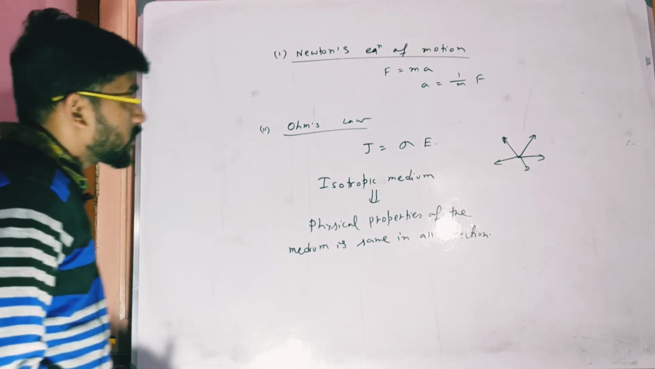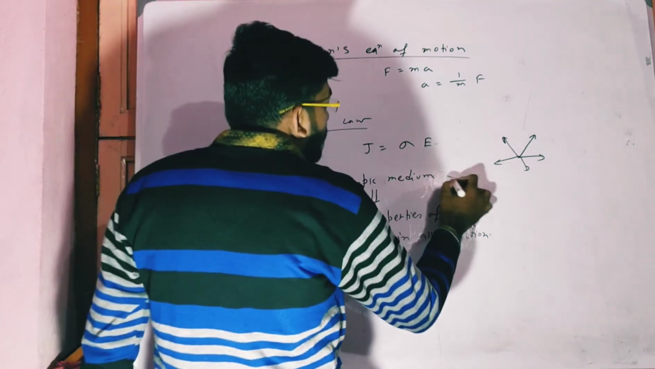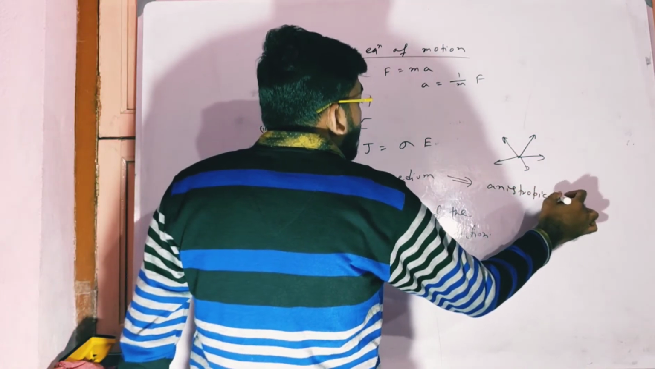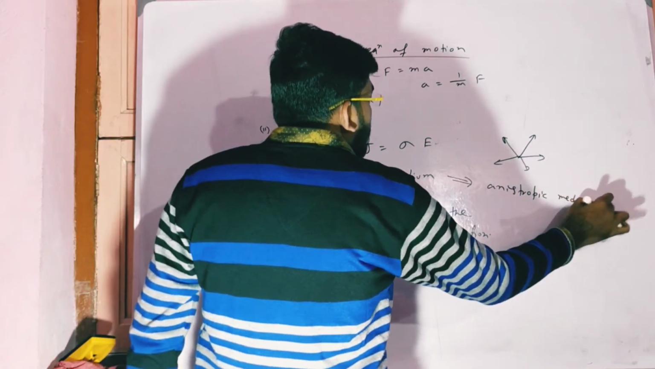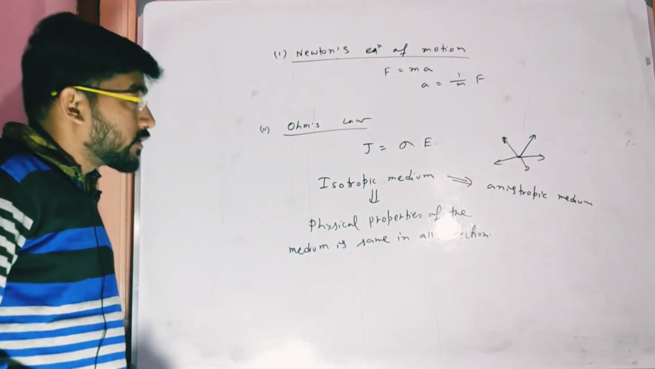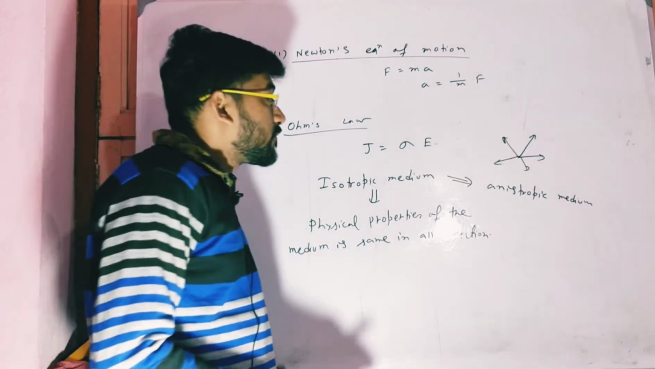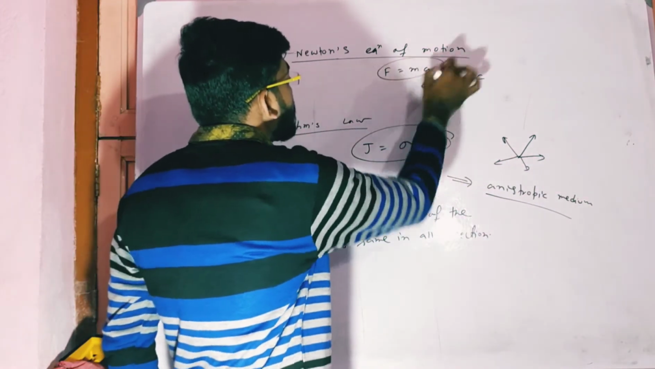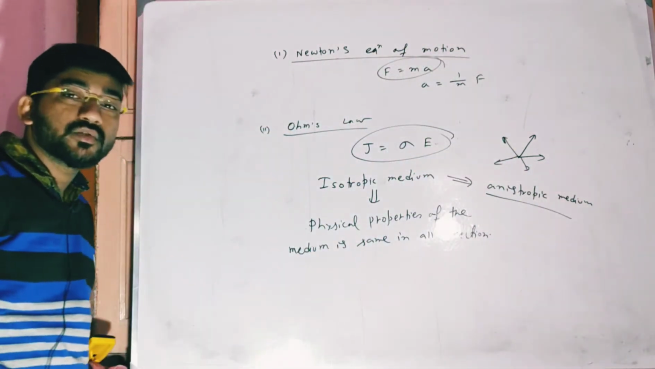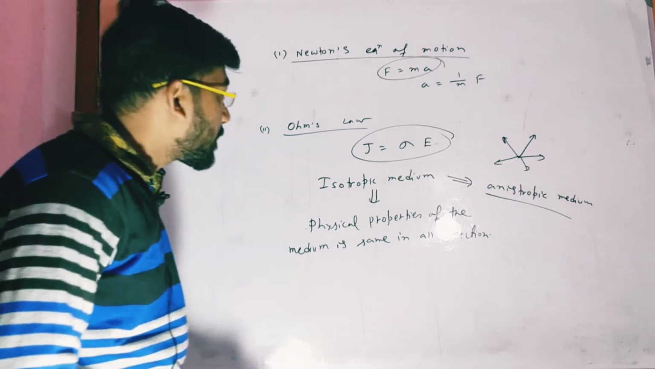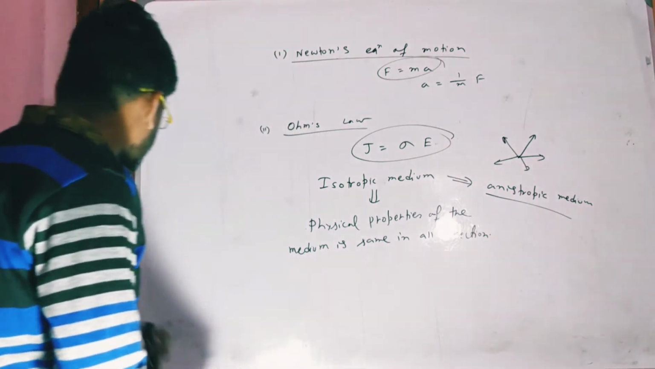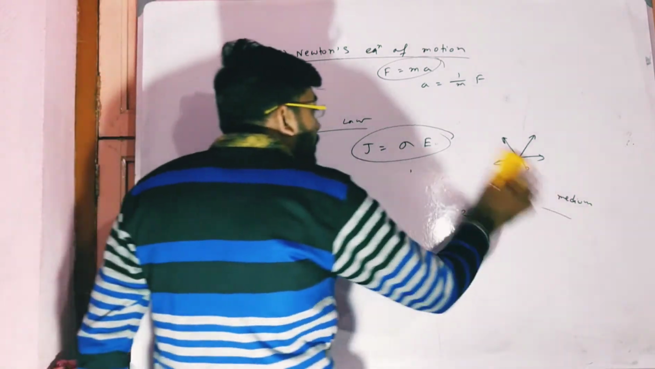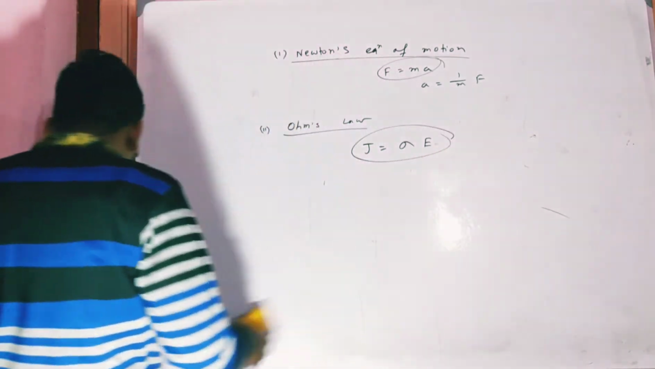But for the anisotropic medium, and in reality there are a lot of anisotropic media, these physical laws, this equation J equals sigma E and F equals m a, have to be modified. And in that case, we need to write J equals sigma E in the following form, that is